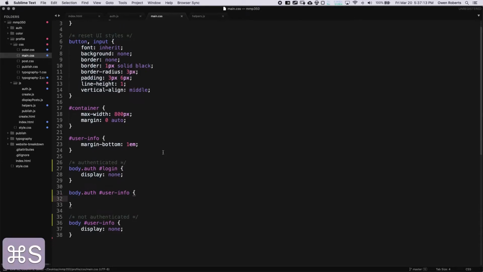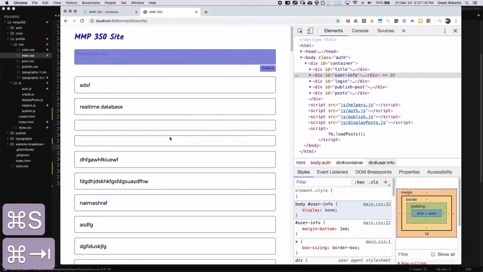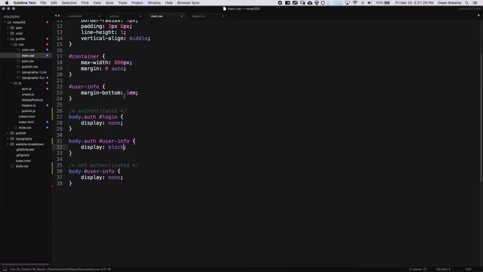user-info. So if we are logged in, then we want to see it. So we'll just say display is block. Okay, so now we see the user info. We're logged in and we log out. Okay, so the last thing we have to do is when we click the logout button, we want something to